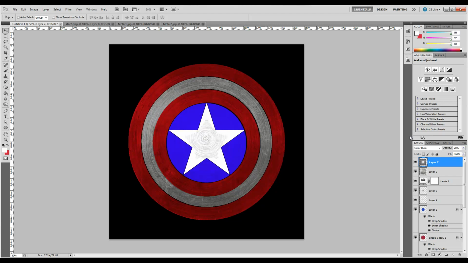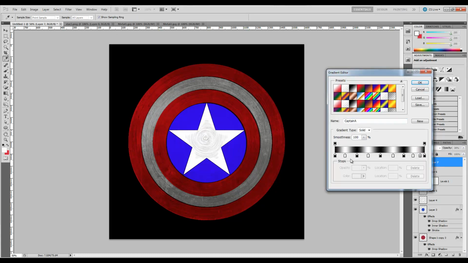Now this next part is going to be a little tricky, so I'm going to go slow and let you see, because we have to actually make a custom gradient for what we're going to do next. I've pre-made it, but I'm going to show you how to make it. What we're going to do is go over here where our paint bucket tool is and choose the gradient tool. At the top you've got different options: radial, angle, reflected, and so on. We're going to make sure we choose angled gradient. Click on that. Okay, then you're going to click on this box here,